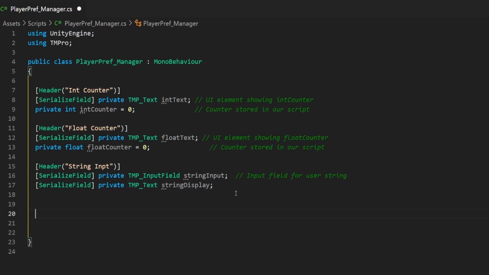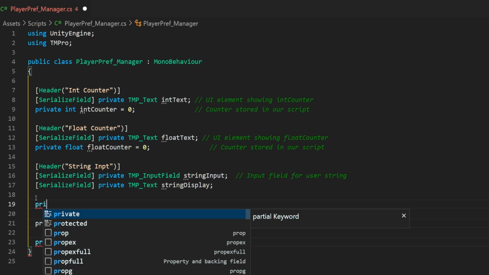Now, when you're working with PlayerPrefs, it's a good idea to turn these keys into constants. The reason being is because these can't change throughout your code. And you don't want those keys changing because then you're going to have multiple key names that could mean the same thing, and that's not good for your code. To make those constants, I'm going to hit Control plus Alt and the down arrow key so I can edit multiple lines in my Visual Studio Code and start typing out private